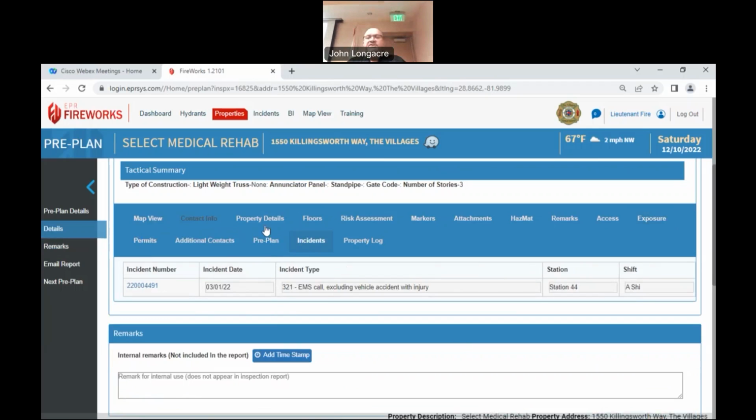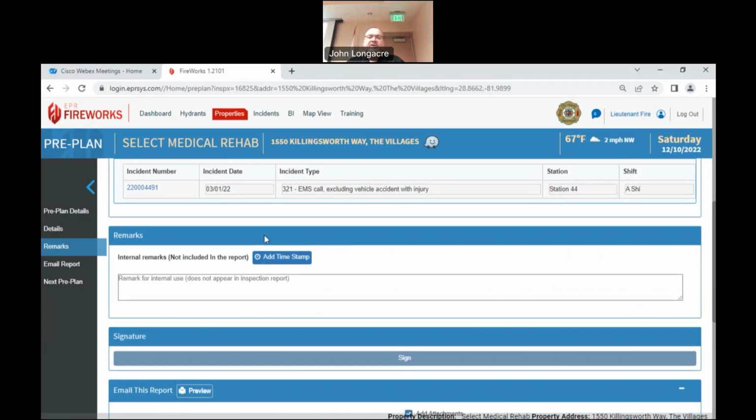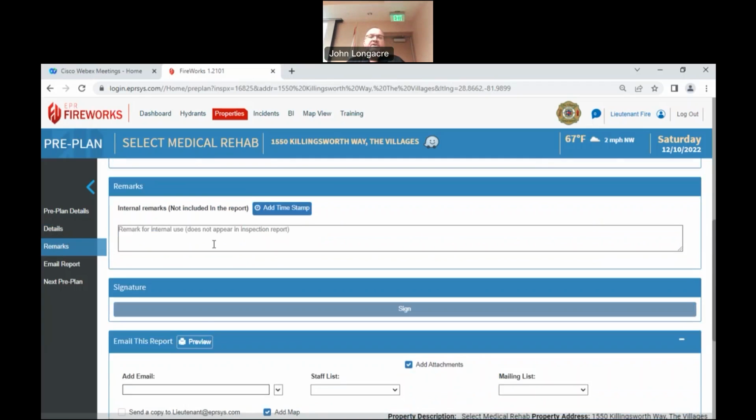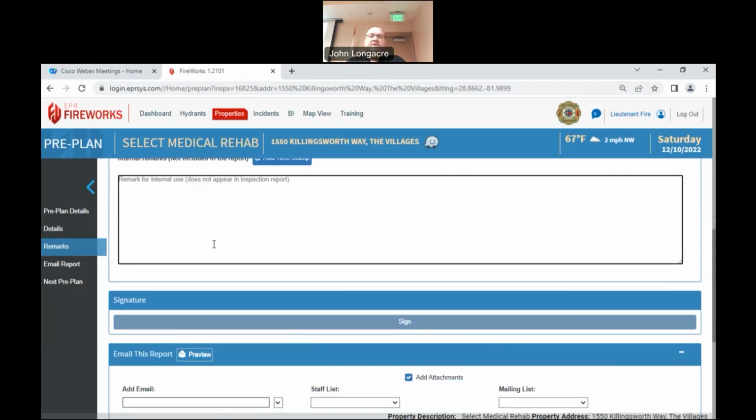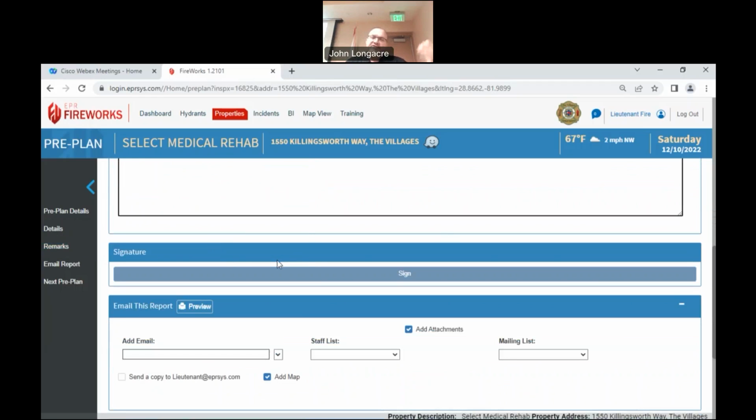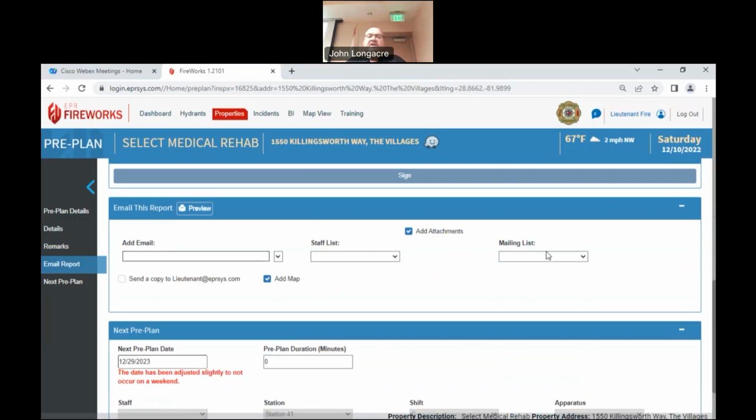Once you've gone through the sections of your pre-plan and documented it, down here at the bottom, if there's remarks you need to let other personnel know about the property, you can put remarks in here. And then you don't require a signature, so you can skip that. If you want to send this pre-plan to somebody because there's something odd about this building, I can come